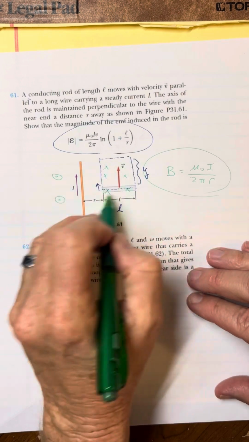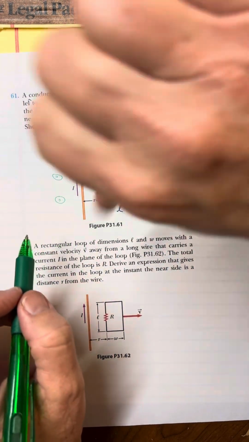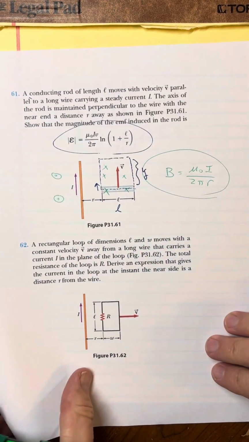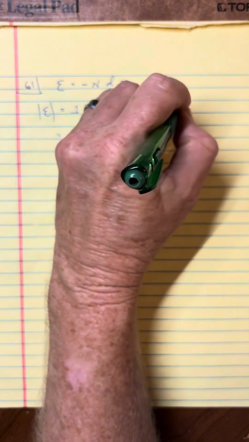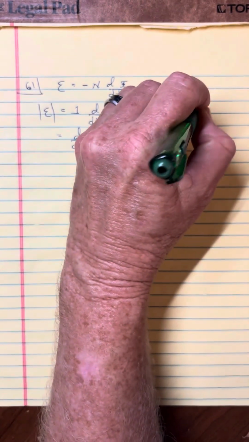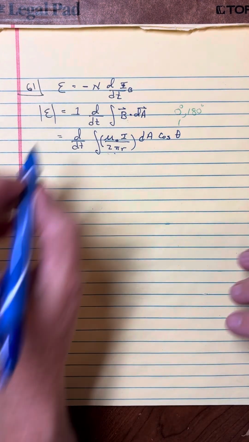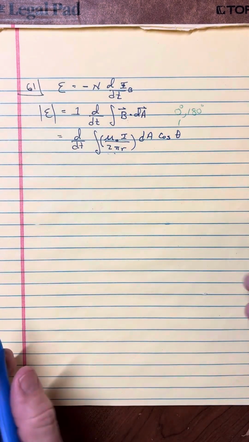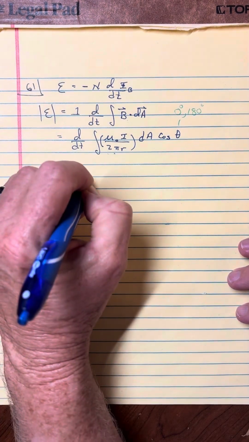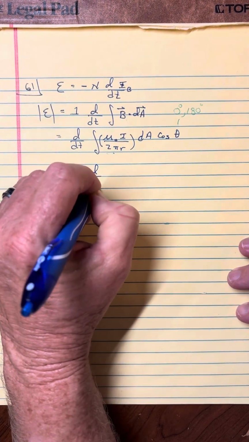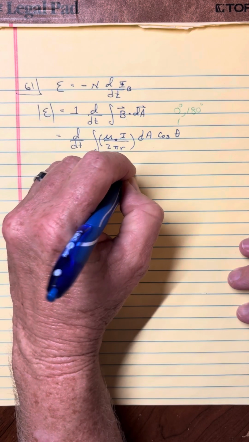So the area vector is either coming out of the screen or going into the screen. And so we have an angle that we would say is either 0 degrees or 180 degrees. Either way, that's a 1 or a -1. And if we're just doing magnitude, we'll kind of ignore all that. And so I have then this integral